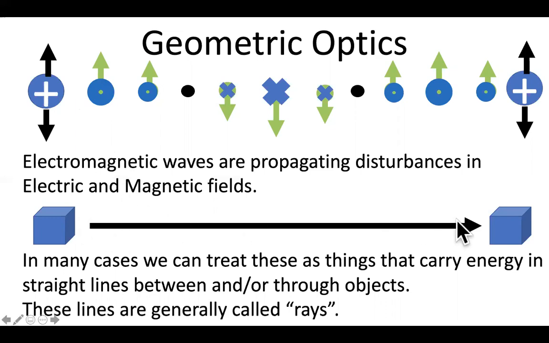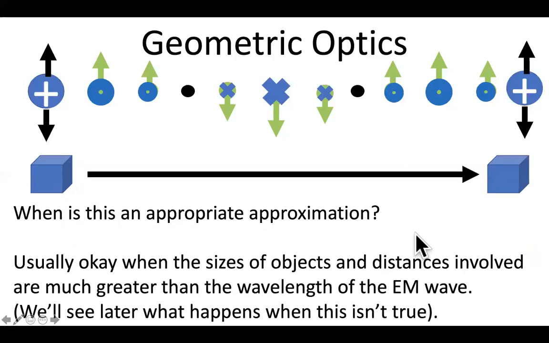These things are typically called rays. You know, we start at one point, we end at the other, so there's a definite direction because these disturbances go in a particular direction. But we're not going to think too much about the detailed structure of it. We're just going to think of it as something that carries energy or light in one direction from one object to another. Now, this picture where we literally ignore the wave-like nature of these things, it works reasonably well when